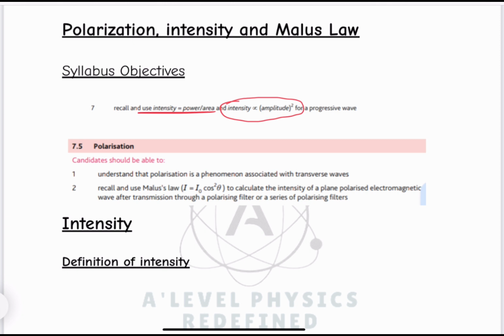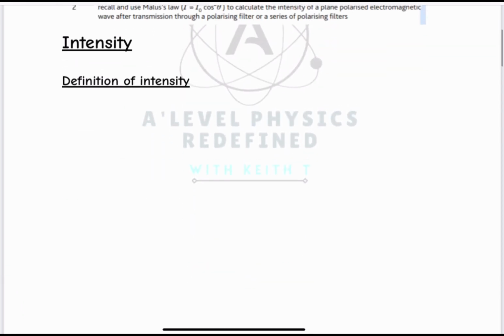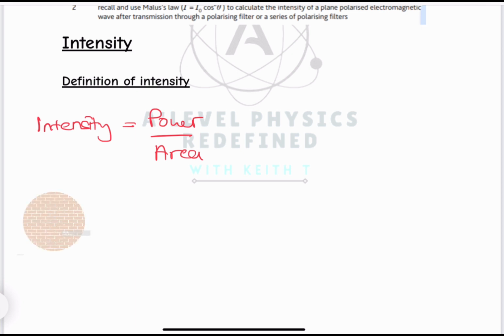The first thing we want to discuss is intensity itself. The syllabus defines intensity as the power per unit area. So basically, if you have a certain area, you're going to emit a certain amount of energy on that area. Intensity generally measures this. For example, if that area is constant at, let's say, 2 square meters,